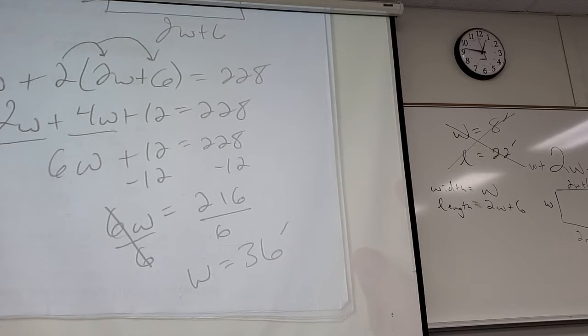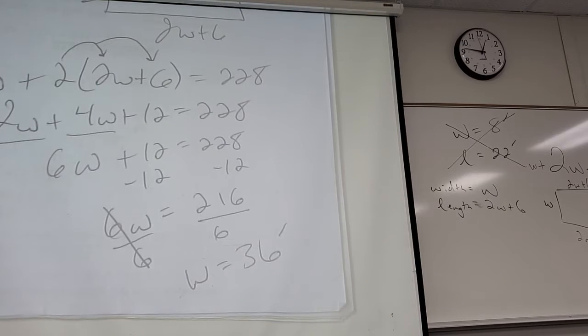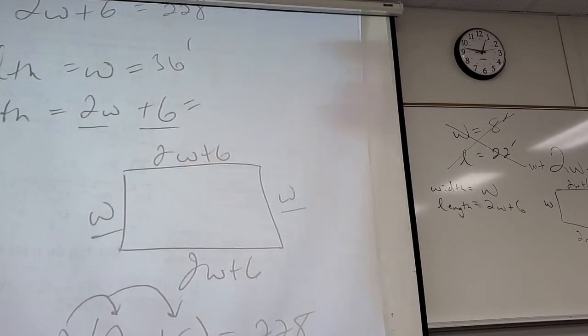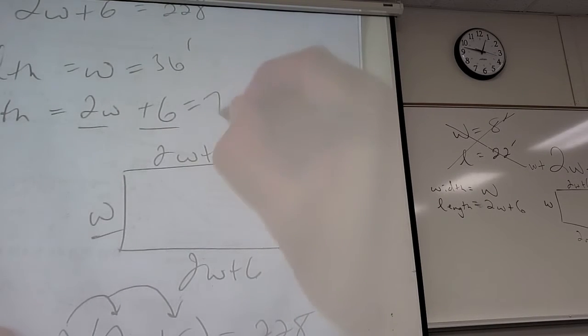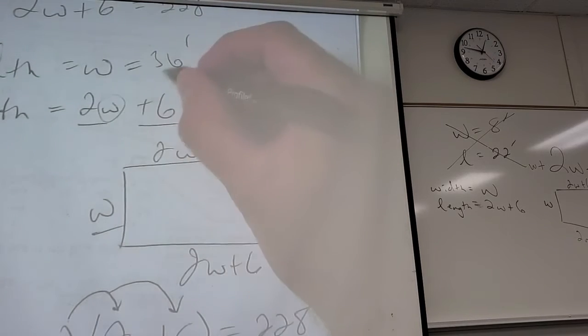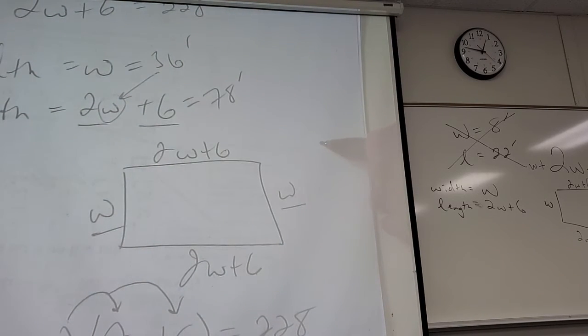Look, we were smart. Would you circle that and go to the next problem? No. Why not? Because I want to know the dimensions. I want to know both the width and the length. And the nice thing is I've identified for myself exactly what to do. If I know what W is, which now we know, then what's the length? 78. How did we get 78? We know what the width is, so twice that plus 6. Yeah. 36